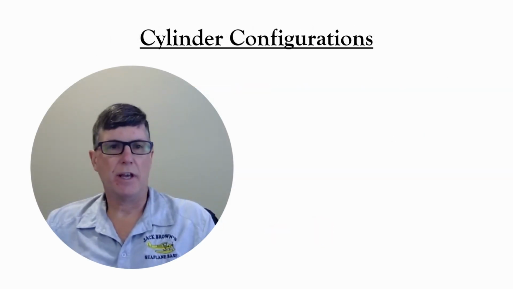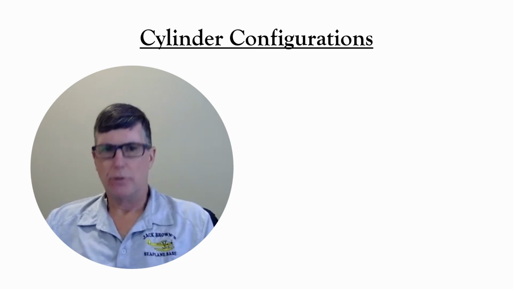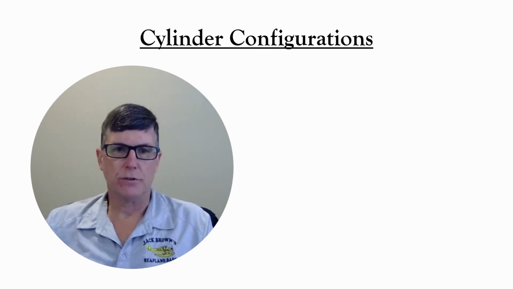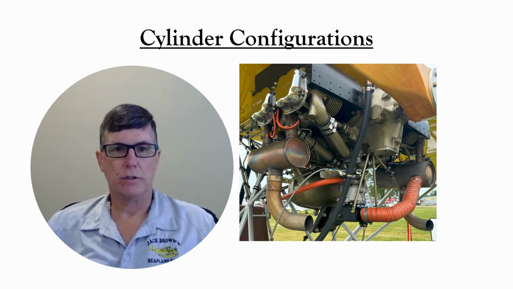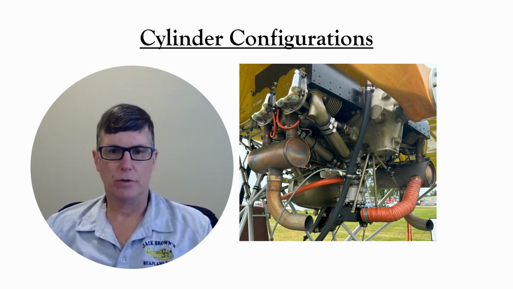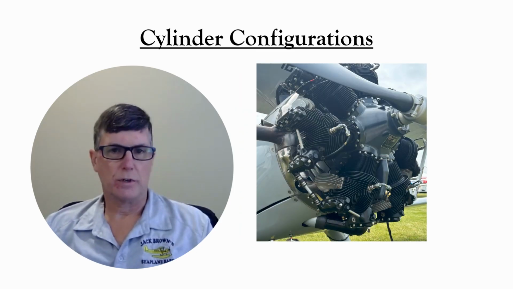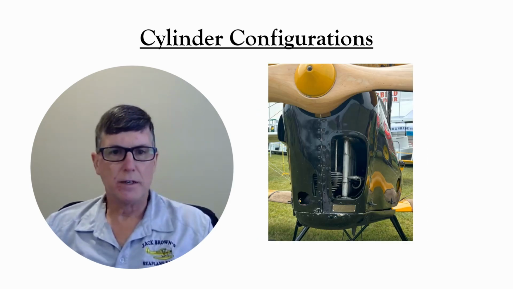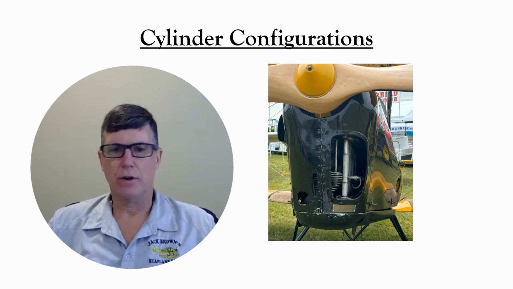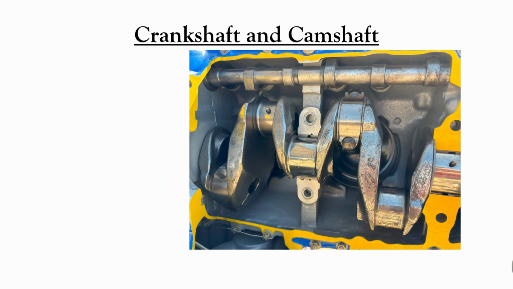Airplane engines typically have multiple cylinders connected to one crankshaft. There are several different ways to arrange the cylinders. The horizontally opposed cylinder configuration is the most common in modern general aviation airplanes. Radial engines were common in World War II era airplanes, and you may encounter some other cylinder configurations such as inline engines. These pictures of a cutaway engine show the crankshaft